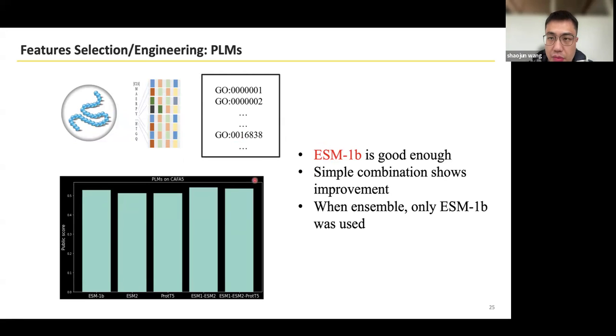Based on the performance of these methods on the public leaderboard, we found that ESM1B is a better choice compared to the remaining two language models. We also noticed that concatenating the representations of the three models results in better prediction performance. At the time of integration, given the complexity of the models, we still only considered predictions from ESM1B, incorporating only this one protein language model.